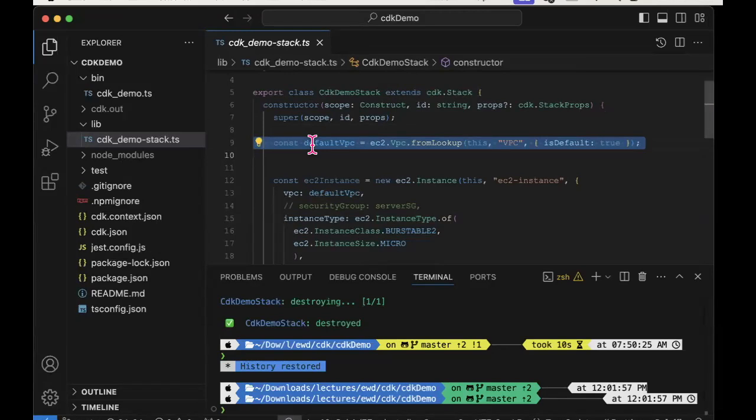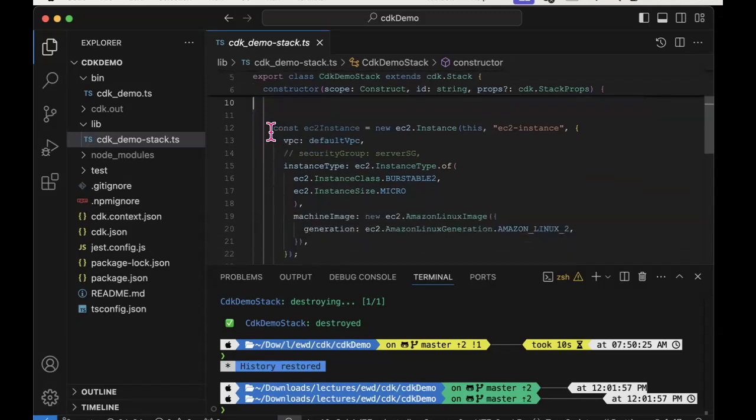When anybody creates an AWS account, the AWS platform will create what's called a virtual private cloud for your account. You can create other VPCs subsequently, but we will never need to do that. But there is a default VPC. So I'm just grabbing the reference to the VPC that is associated with my AWS account.